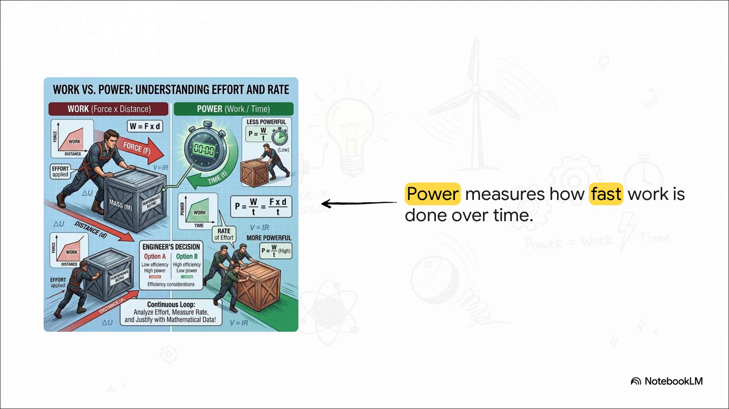That is a set amount of total effort. But power? Power is the difference between draining that pool with a tiny little garden hose versus bringing in an industrial fire hose to blast it all out at once. The fire hose has way more power because it does the exact same amount of work in a fraction of